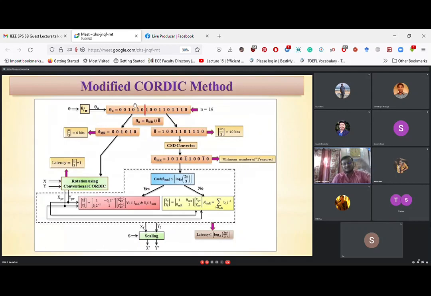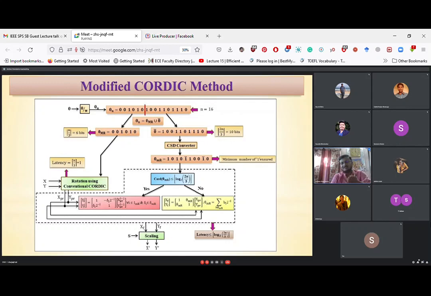The higher significant bits offer much more value, but with fewer rotations. The lower order bits offer many rotations, but for a lower value. So all these many rotations realized by the lower order bits, we have approximated. Then the value will not be altered much, because the lower order bits are responsible for a very small value.